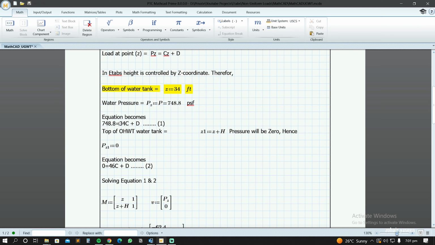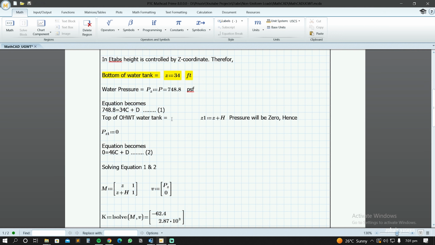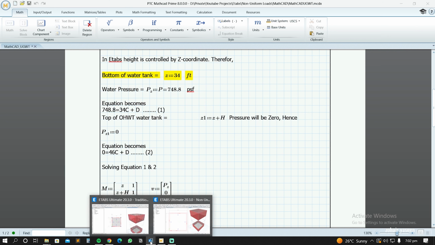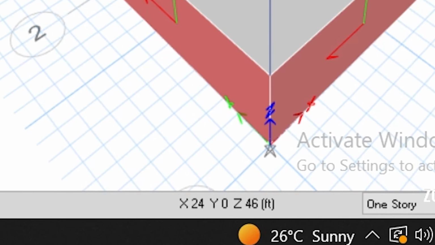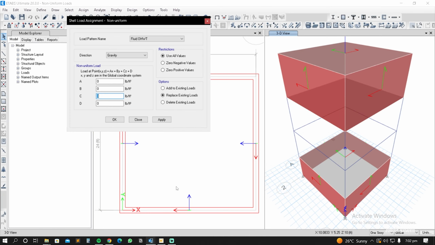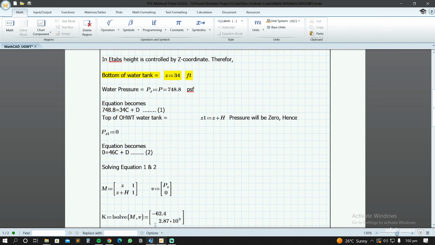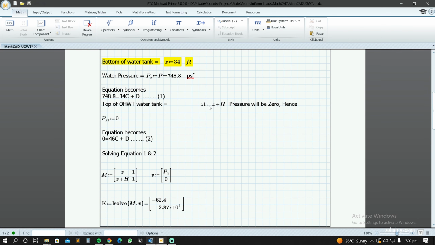at the z variable we'll put the value of z, that is 34, then c plus d. At the top of the water tank, the z coordinate will be the bottom of the water tank plus the height of the wall, so that will be 46 feet. So the height will be z1 equals z plus h, h being the depth of the water or the height of